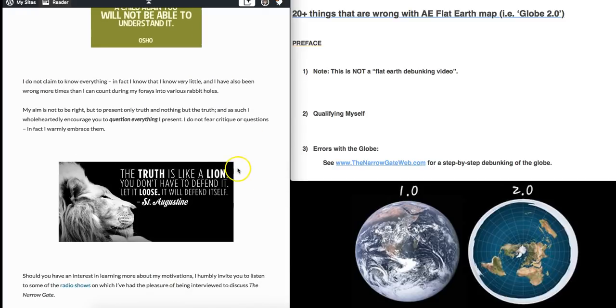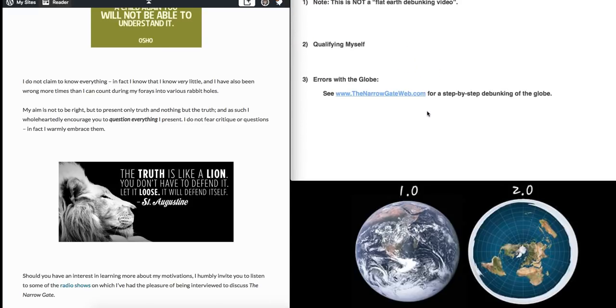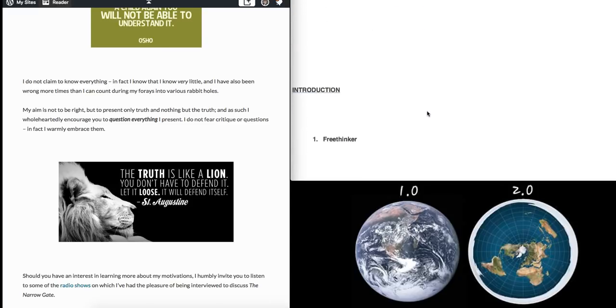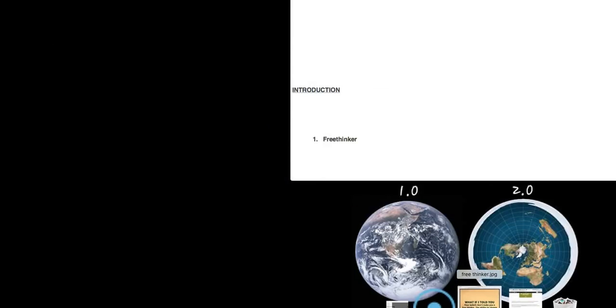Lastly, the truth is like a lion. You don't have to defend it. Let it loose and it'll defend itself. I'm not here to argue. This is just information, so just soak it in. And so, in my introduction, just to set the stage a little bit, I wanted to